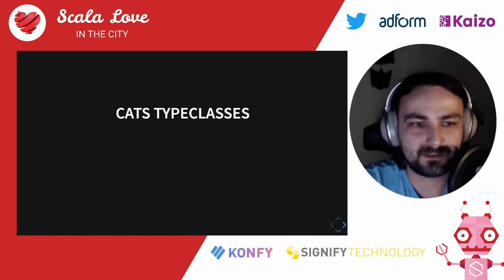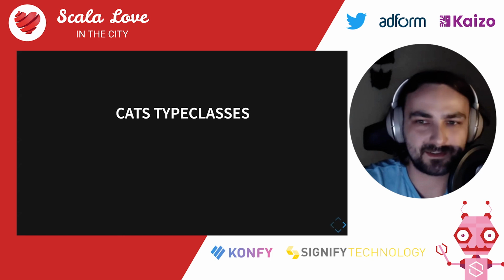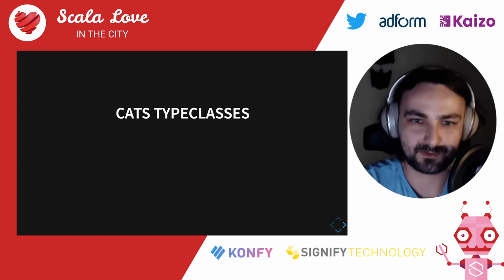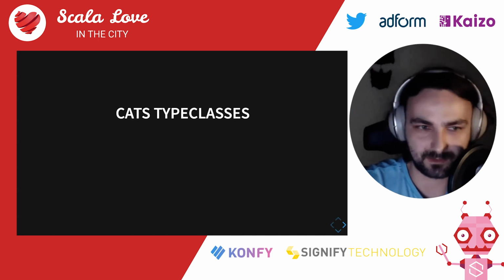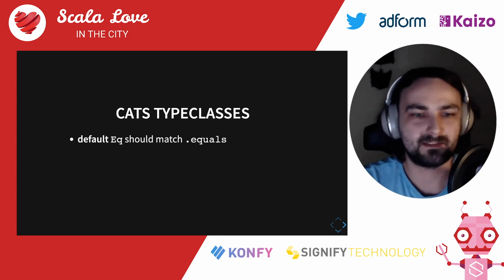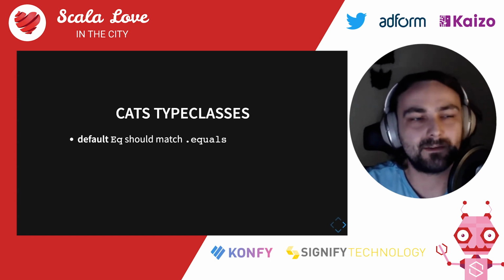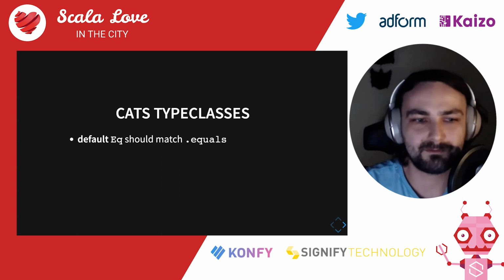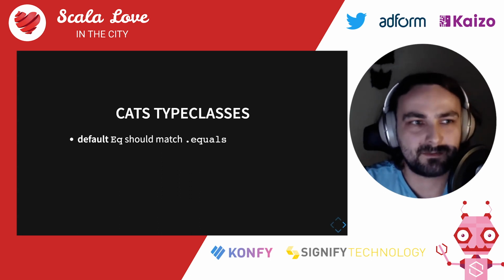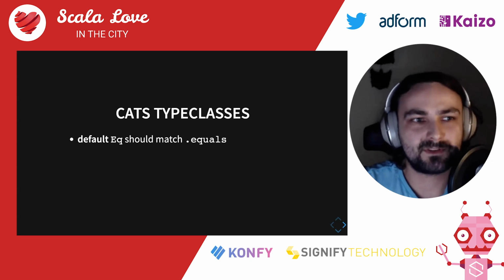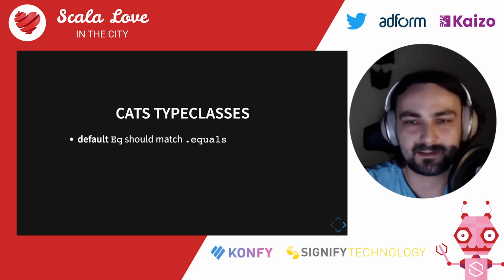And this also might affect how we use cats type classes when we're deriving them out of our case classes. One of my personal recommendations, so please take it with a grain of salt, is that Eq should match the behavior of equals. This is why: even if you try to use the cats ecosystem to the fullest, and you try to compare values inside